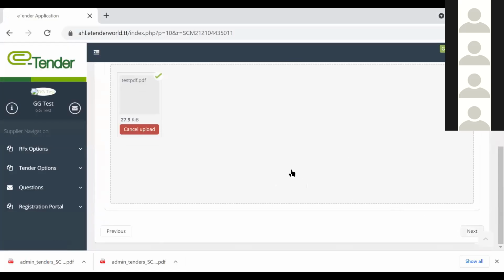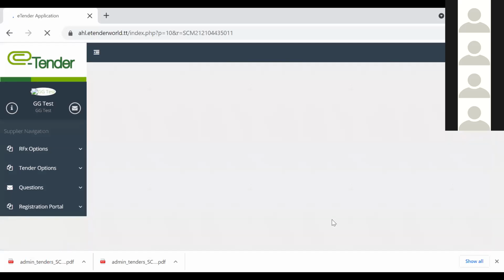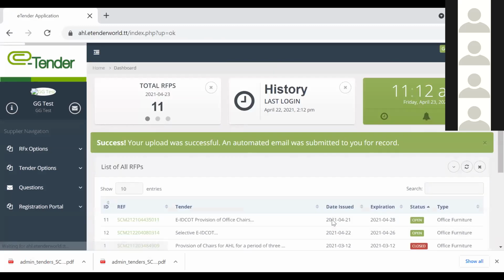I go to next. And again, very important that you verify the information before you press complete submission. If you don't do this, then the submission wouldn't show as complete, right? Again, I will get the notification letting me know that it was successful, and I would receive the same email letting me know that I successfully